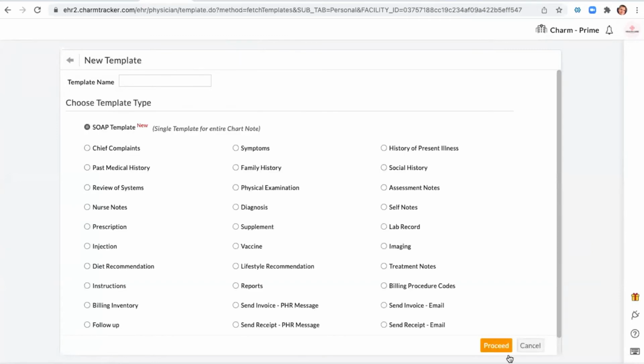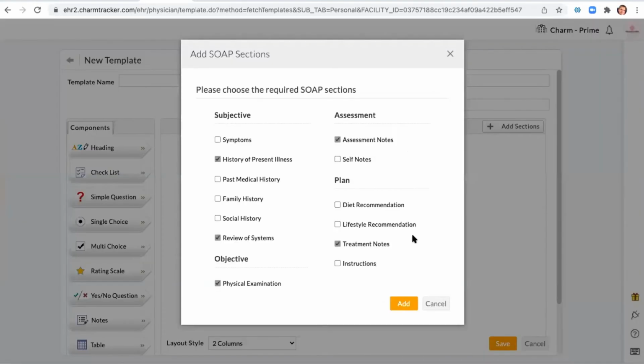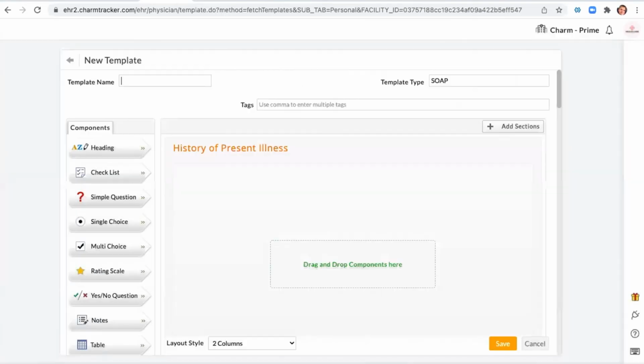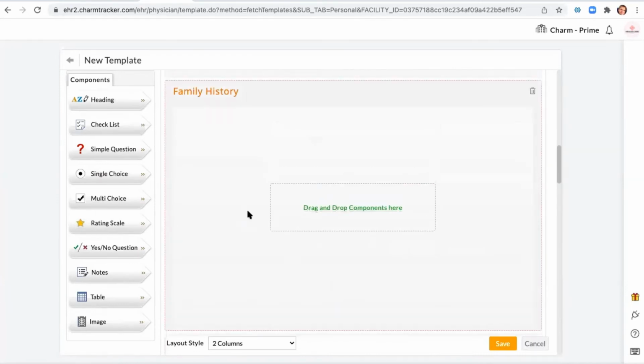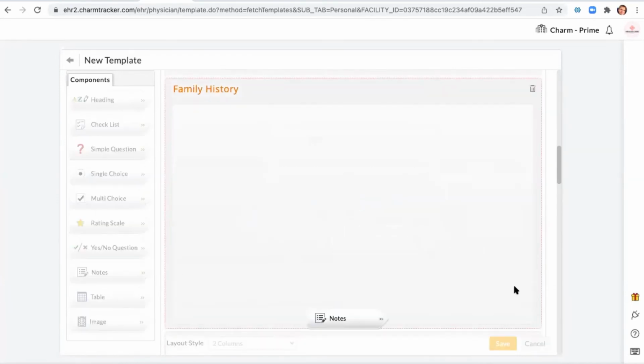Keep it as a soap. Click on proceed. I want their family history, their past medical history, their social history. Click on add. When I scroll down to, let's say, their family medical history, when I drag in a note